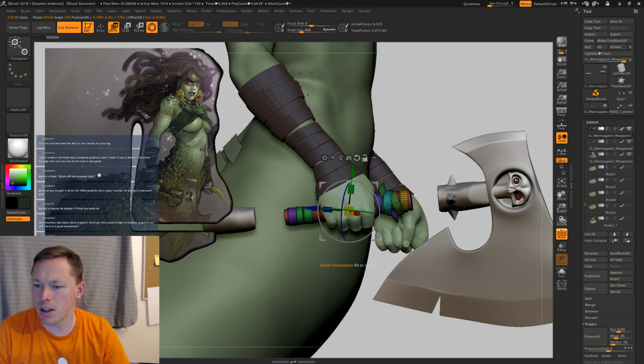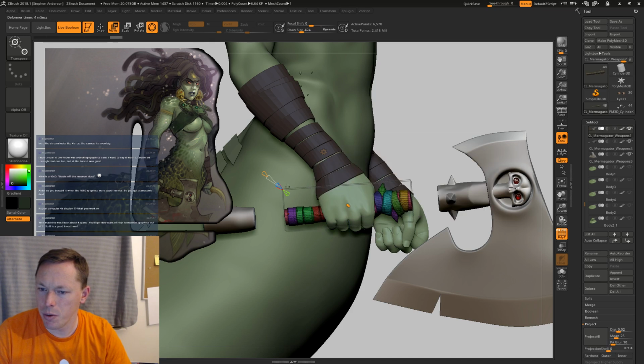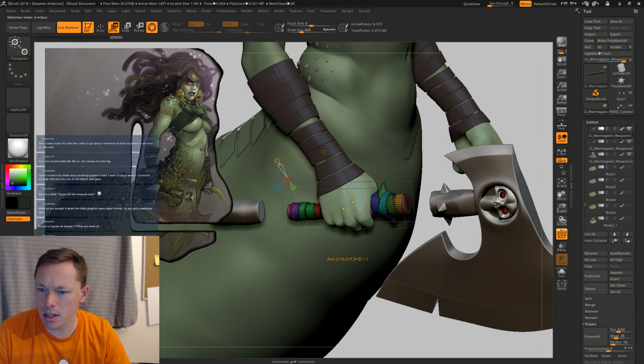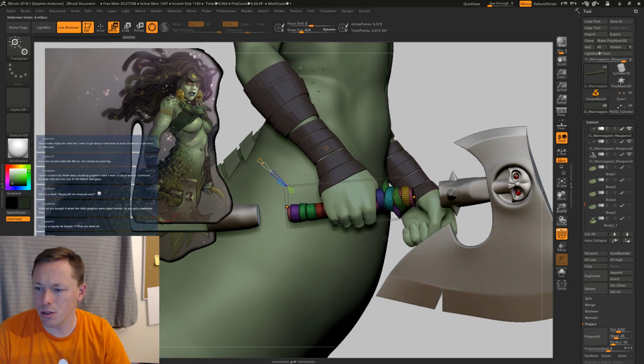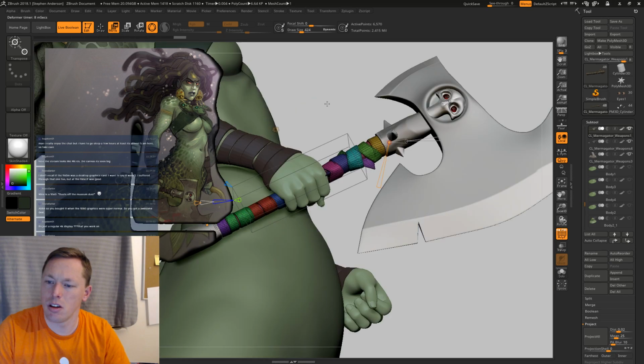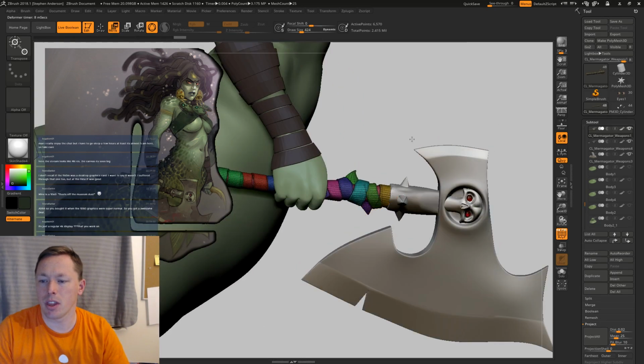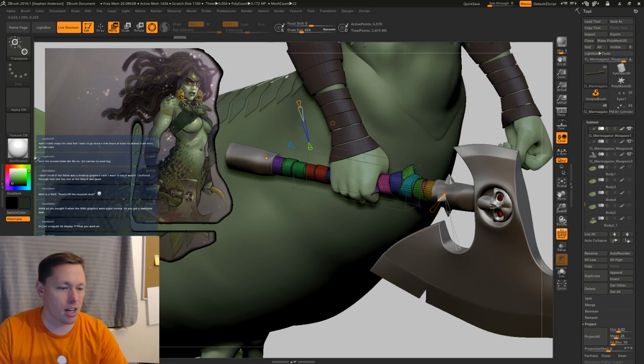So let's come down here, let's figure this out. Okay, so what I want to do, I want to take this, let's say bent curve. We got to change our direction. Okay, so instead of being in the X direction, I want it to be in the Z direction. Okay. And now essentially what I can do is I can come over here, move. And you know what? I have this extra thorn right here. It's kind of going through her hand, and I really